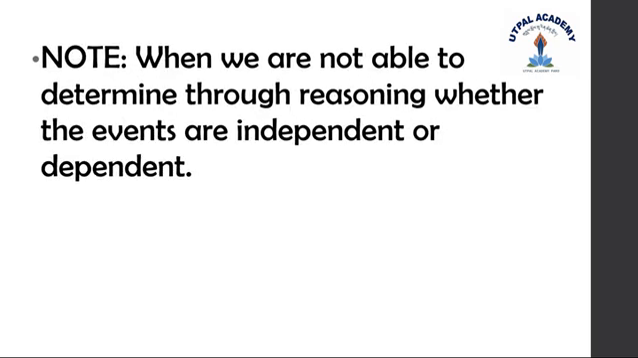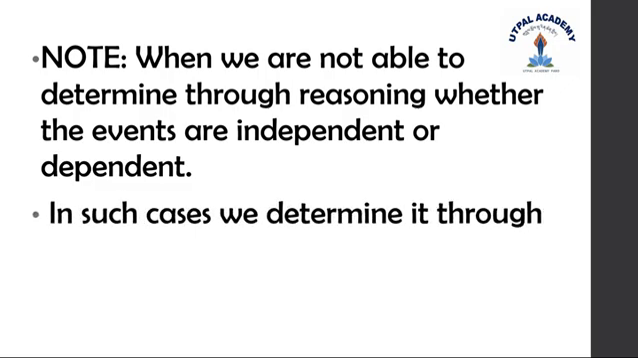So dear students, we just went through the meaning of independent and dependent events, and we also came to know, through justifications and reasoning, how we can differentiate between dependent and independent events. Now let us see here. When we are not able to determine through reasoning whether the events are dependent or independent, in such cases we determine it through